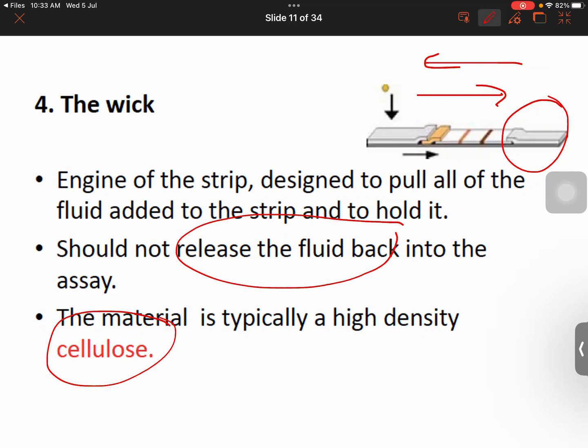Sometimes the storage plays a big role, because if we don't put the whole strips or lateral flow in a proper storage condition, then you might have issues with the reading as well. Okay,